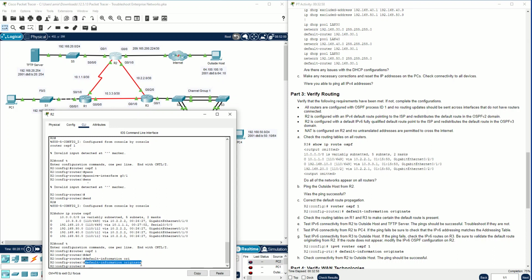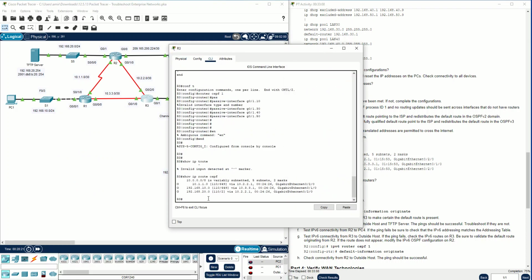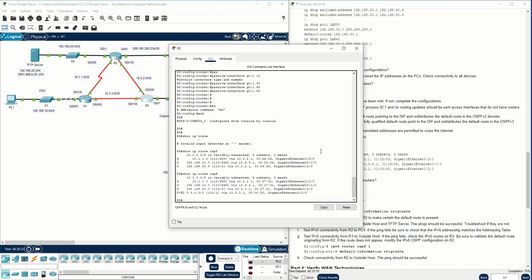Default information originate means the default route should be sent to router 2. If you go here and write again, show ip ospf route, you can see OE2, and the default route has been added to router 3. I didn't write anything in router 3, I only wrote something in router 2, and router 3